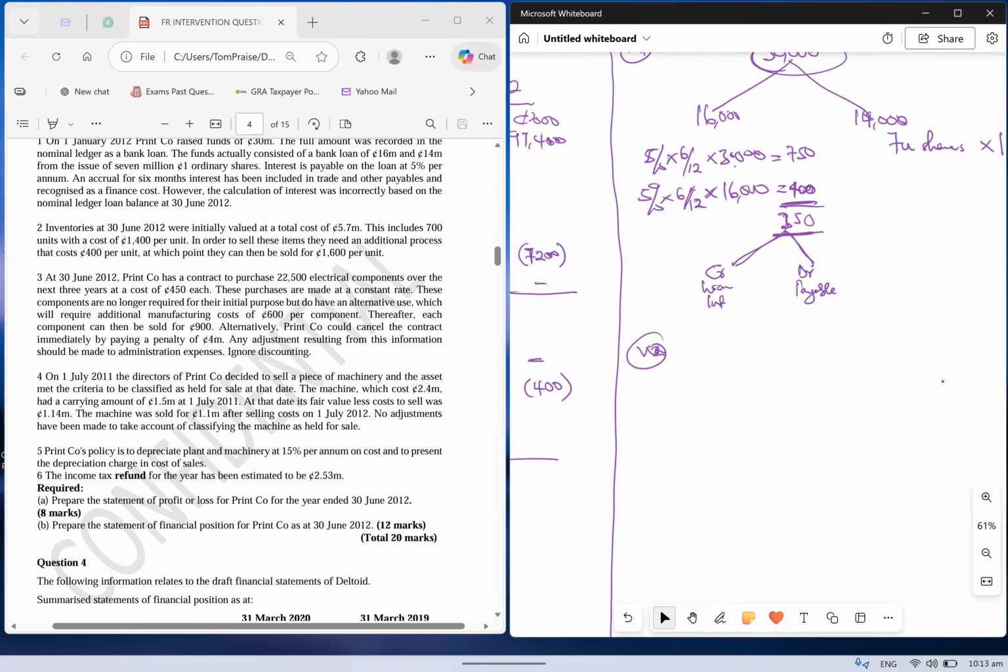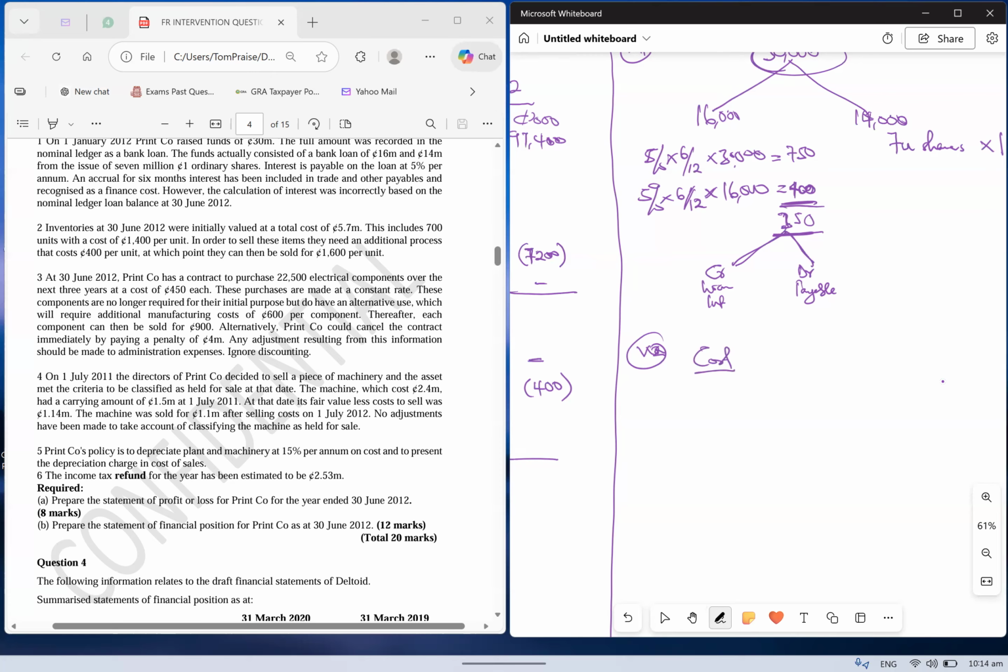Now, what do we have? We are told that inventories of June 20th were initially valued at a total cost of 5.7. This includes 700 units, with the cost of 1,004. And in order to sell these items, which is the 700, they need to do additional processes of 400, at which point they can be able to sell the thing at 1,006. So we need to do the lower of cost and net realizable value. The part where there is an issue is the 700 one. That is where there is an issue. So we need to determine the cost